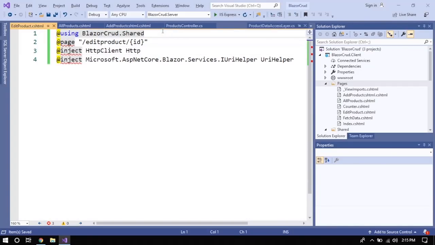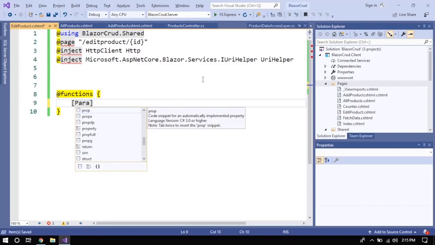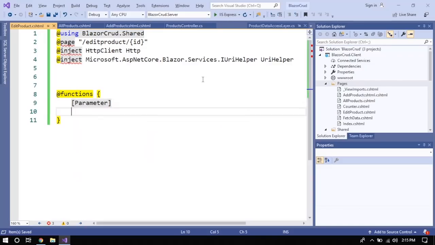Okay, fine. So let's come to the functions. I'm going to create a parameter so that I can pass through, which is string ID